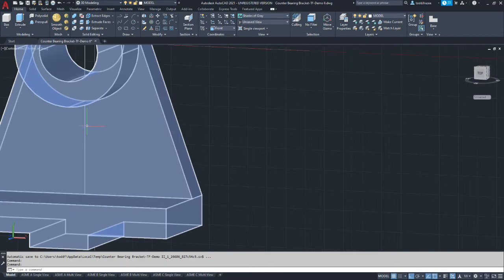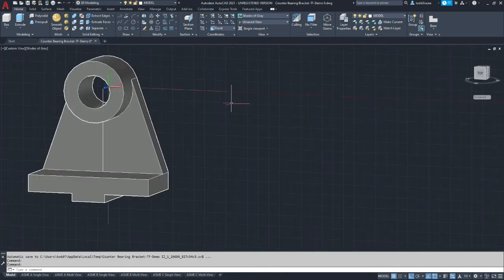Alright, so now we will take that line we just created and we're going to offset it by the thickness of the web, which is 19 millimeters, so half of that is 9.5.